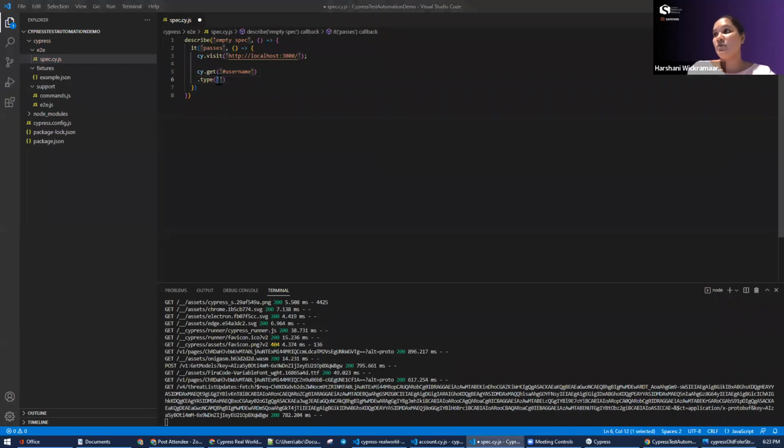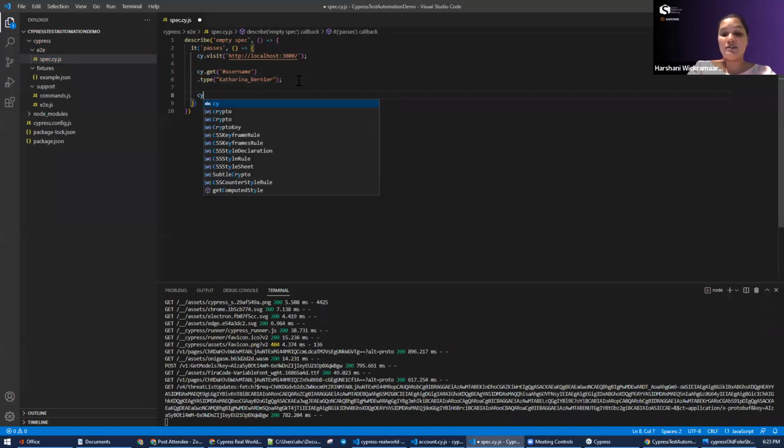So I will type the username. For now, I will type the things in this page. Later, we will move these into the relevant folders. And then for the password,